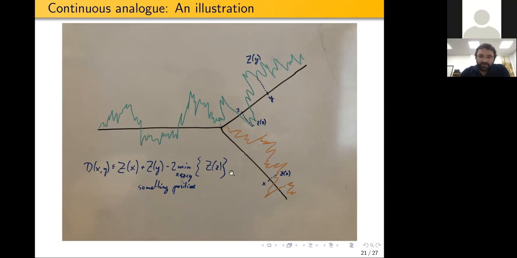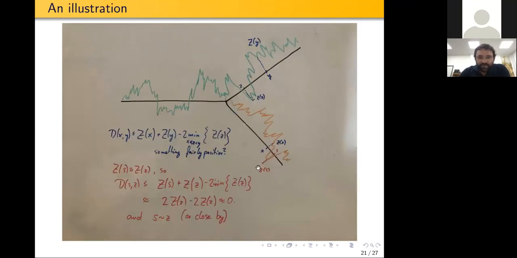But if you take some other point, let's say S here, and maybe this Z of S, this function here is roughly the same as here. What this means is that between Y and X, you could perhaps go along this point because these will be glued together. So this might represent a shortcut to go to Y, as opposed to going all the way over here. So this is really to highlight that it's actually quite a complicated space, because you could go not just along one side and go there, but you could also go the other way and then take this gluing